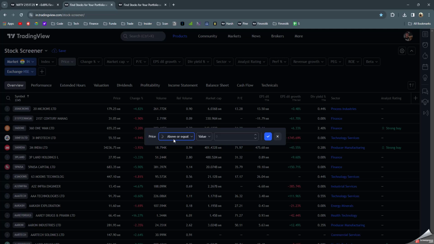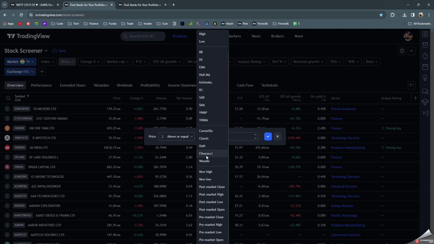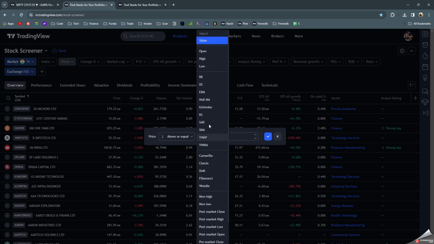Then what we need to do here: if I need a scan based on price, then I need to select price here. Price should be above or equal to. If I select a value and click on it, I get a few basics which we are using, like Bollinger Band, SMA, VWAP, Ichimoku, or EMA, right? Or Fibonacci scans also, or a new high or a new low if you want to. Now let's say I want a scan where the price closed above the upper Bollinger